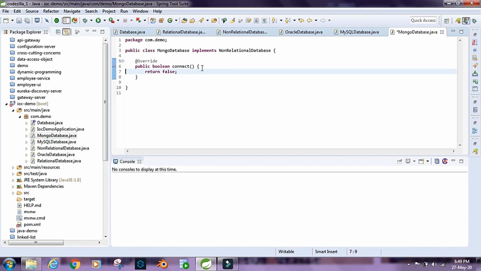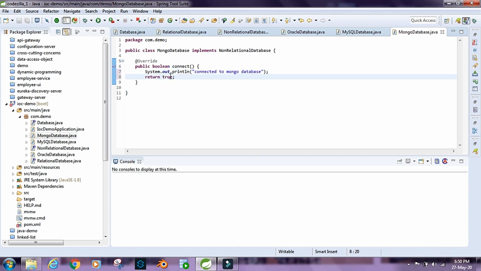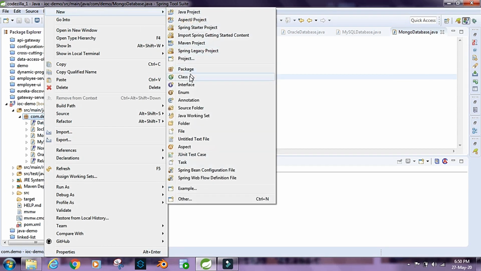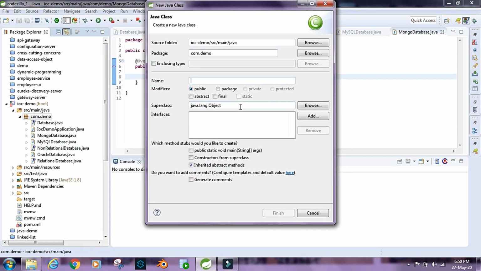Right, and here we would print connected to Mongo database, and we'd return a true from here, and we'd create another class that implements non-relational database, and we'll call it